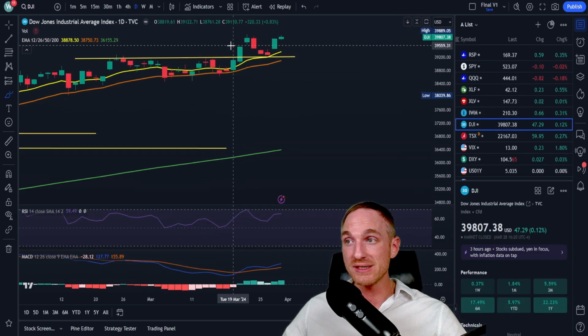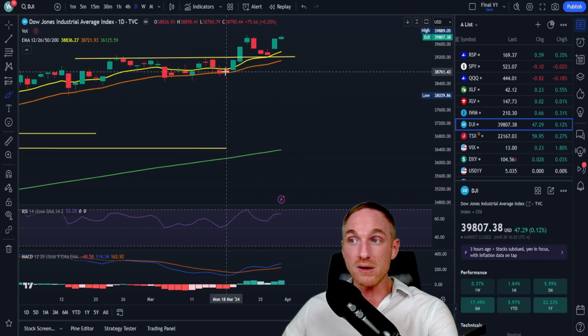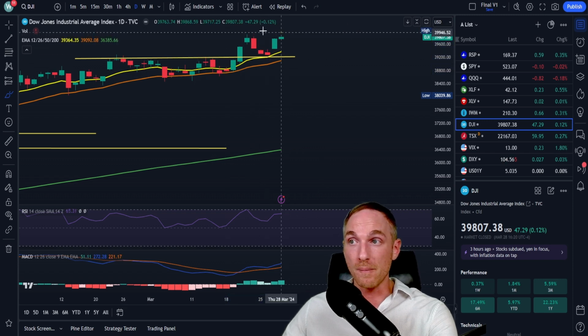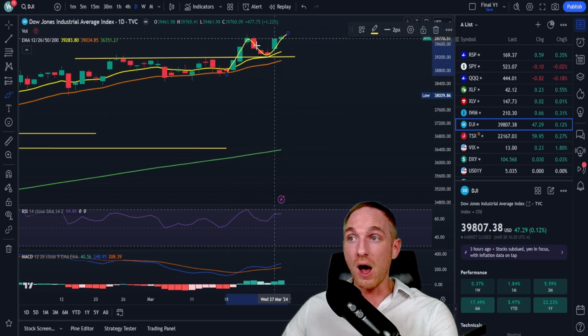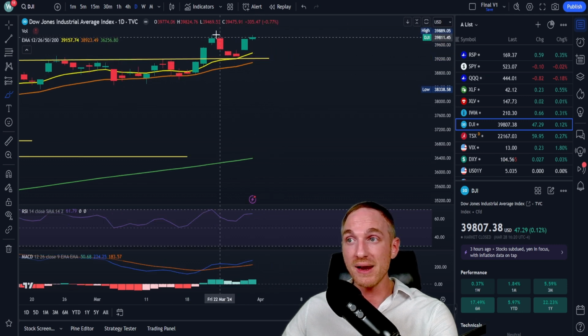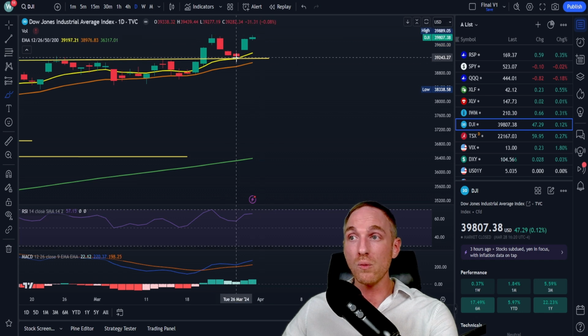Now moving on to the Dow Jones. Dow Jones relatively healthy on the day, 0.12%, nothing bad to say whatsoever. Kind of struggling here with a little bit of a double top, but we are in a beautiful area of a daily uptrend right now. Keep in mind, if for whatever reason we fail this level, we're going to keep a close eye on our higher low right here,